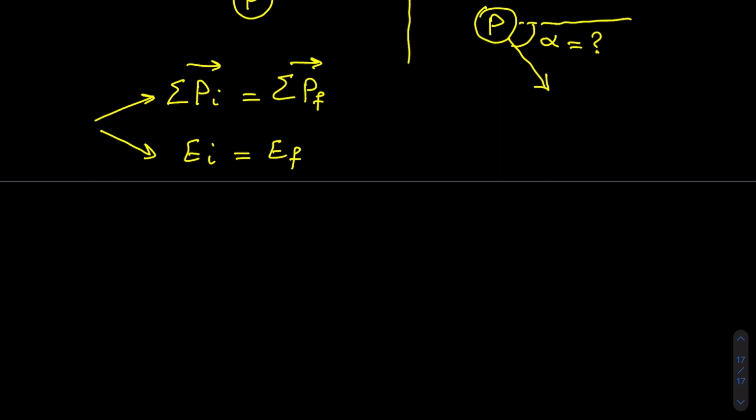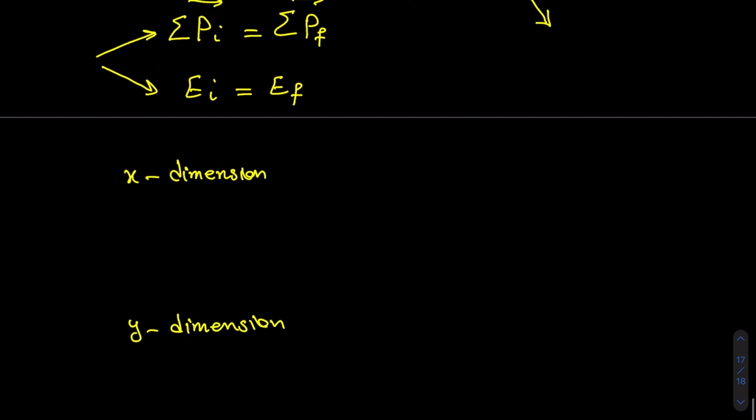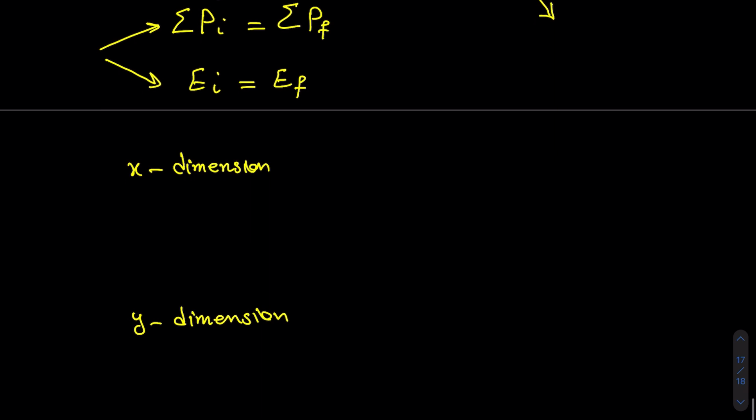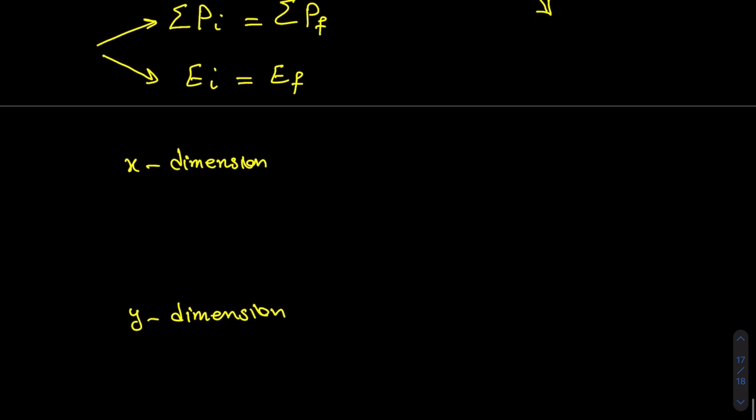First, x dimension, and the next one is y dimension. So now we need to study the law of conservation of momentum in two dimensions. First of all, x dimension,